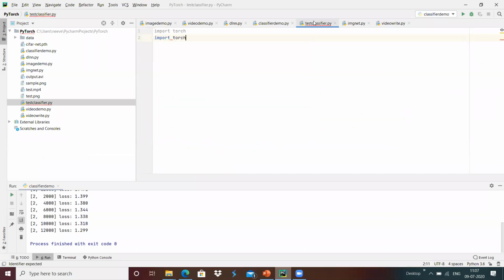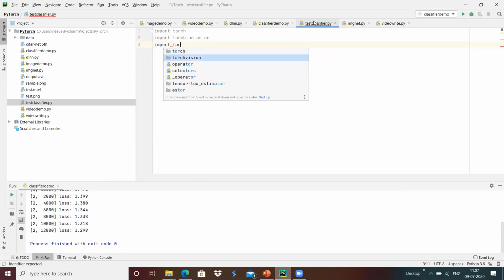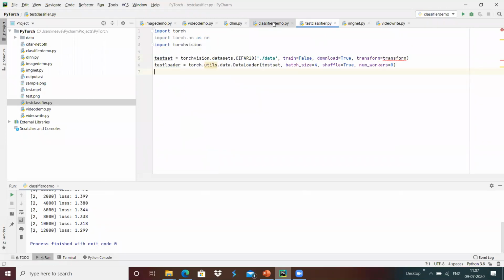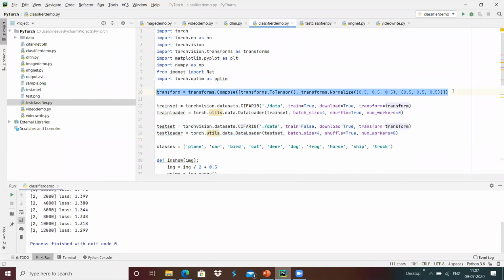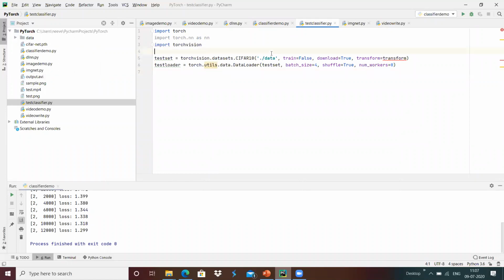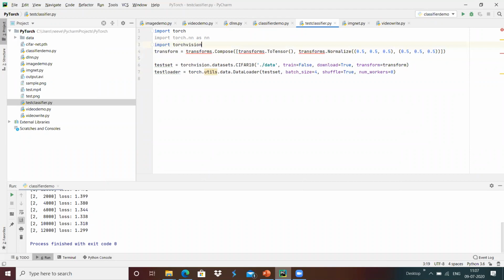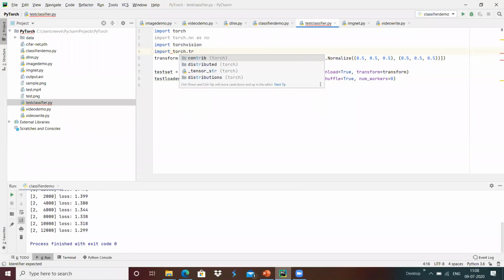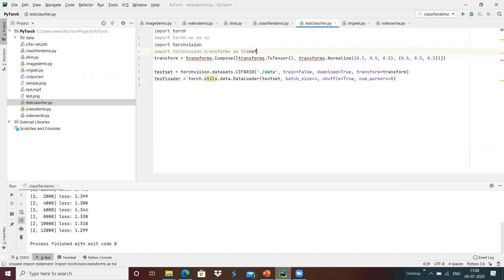Then I'm going to load the test data sets, using transforms, which we include with import torchvision.transforms as transforms over here.